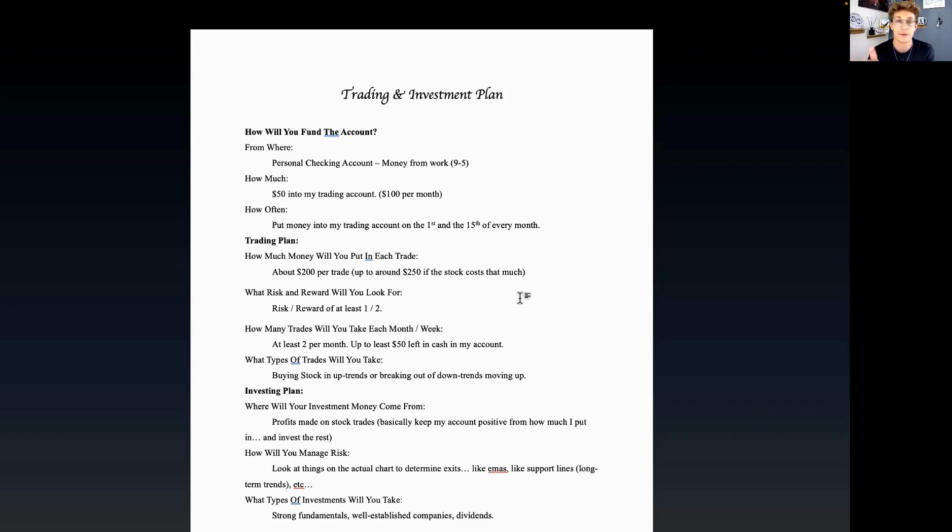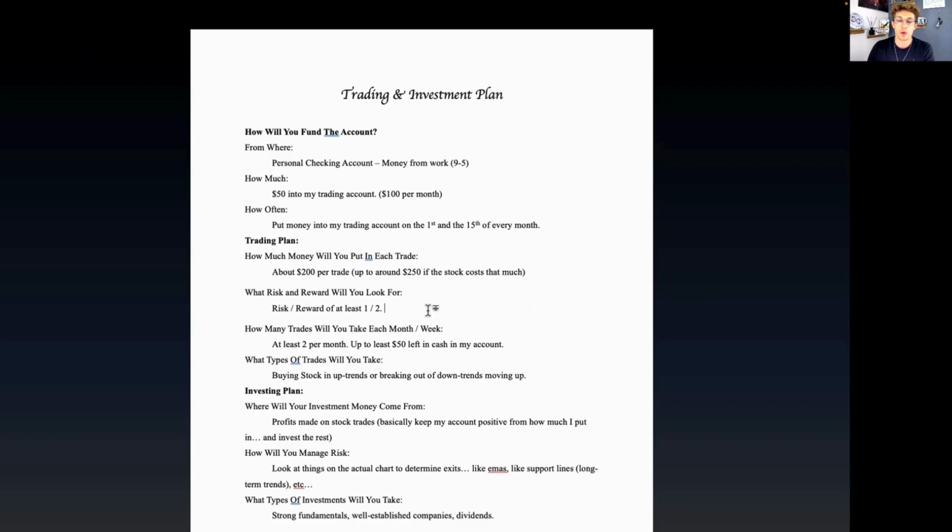That said, be careful with this idea, because you don't want to be taking $200 trades, see an $800 stock like BlackRock, and say, hey, it's in a good uptrend, let me go buy it. And then if that goes against you, that's a big hit on your trading account. So be careful with that. But I do want to put that caveat in there. I'm willing to stretch that just a little bit. If the stock costs that much, then I'm buying only one share.